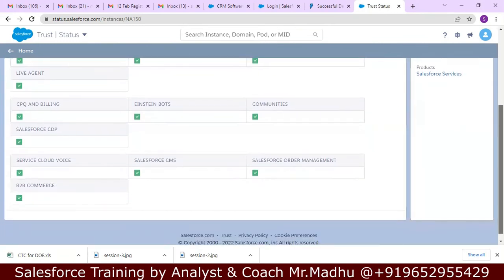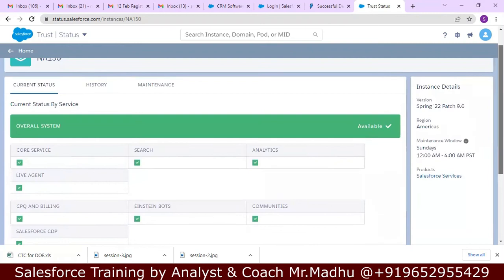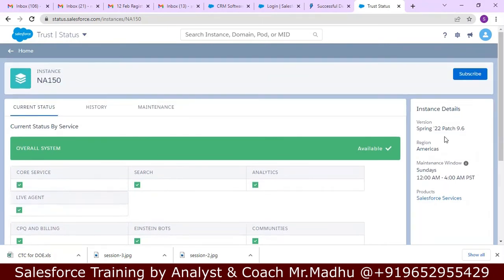When it shows all green color, the server is running fine. Here you can see it is a North America region server. Region is Americas. Sunday there is maintenance from 12 AM to 4 AM PST. So this is how to see the current status of the service. When a client is working on the application, he might get some downtime.